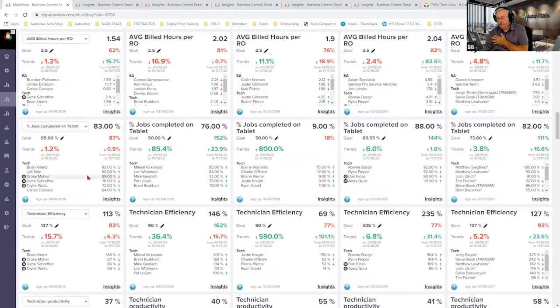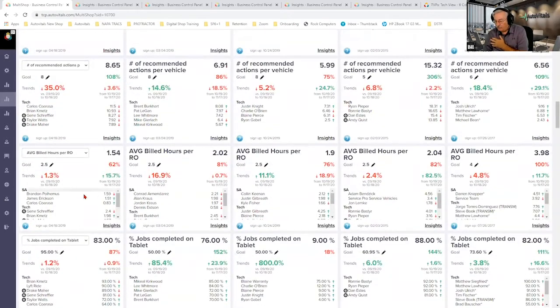So if we go up here and we get into the average hours per RO for the technicians, and they're not 3 hours plus, them guys are wearing out sneakers going back and forth to the parking lot, and they're wearing out their back, bending over, racking, unracking cars, and they get a little miserable and a little grumpy, and